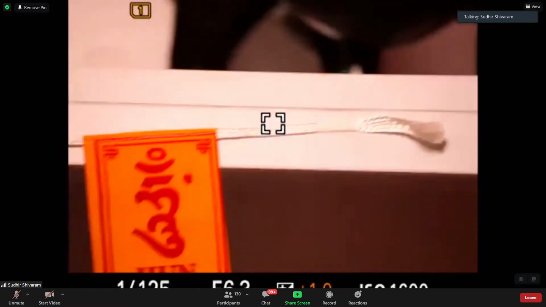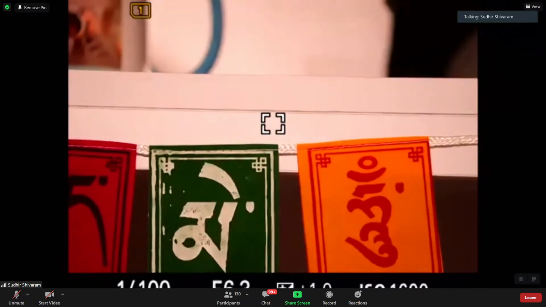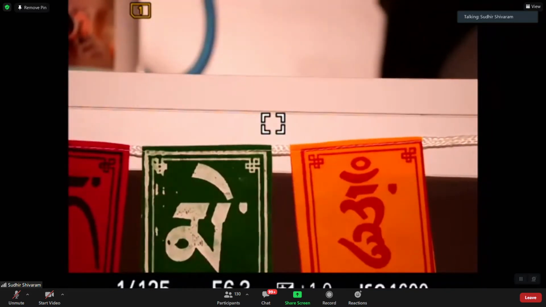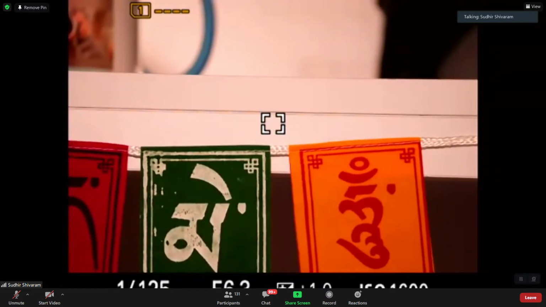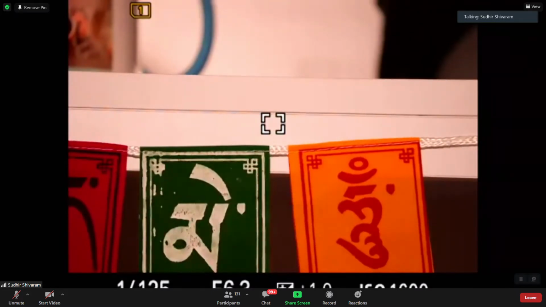So if I just again move the camera a little bit to this orange flag which I got from Bhutan, I think, yeah, when I went that side. Meghalaya, oh, where did I go recently? Assam, yeah, I think from somewhere northeast I got this. No, this was Bhutan, yep. This was when I went to Manas National Park, so we drove into Bhutan and actually bought it in Bhutan.